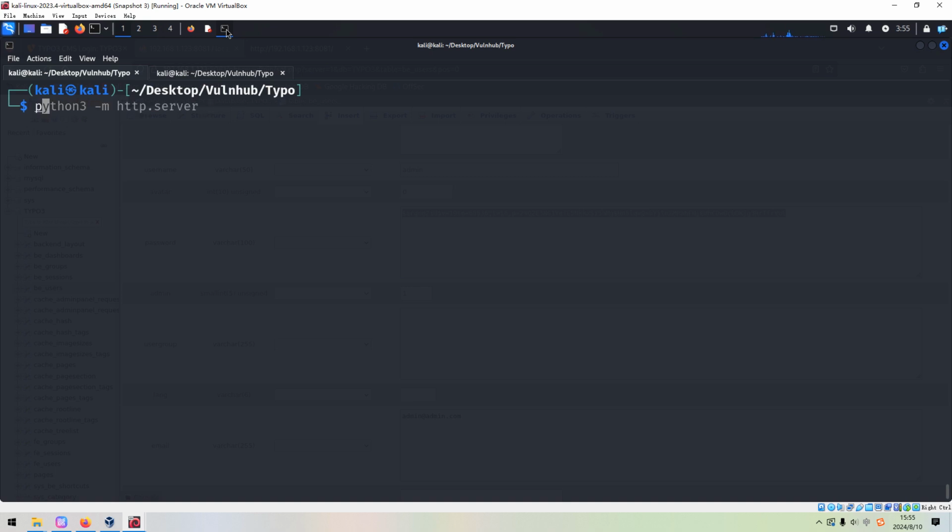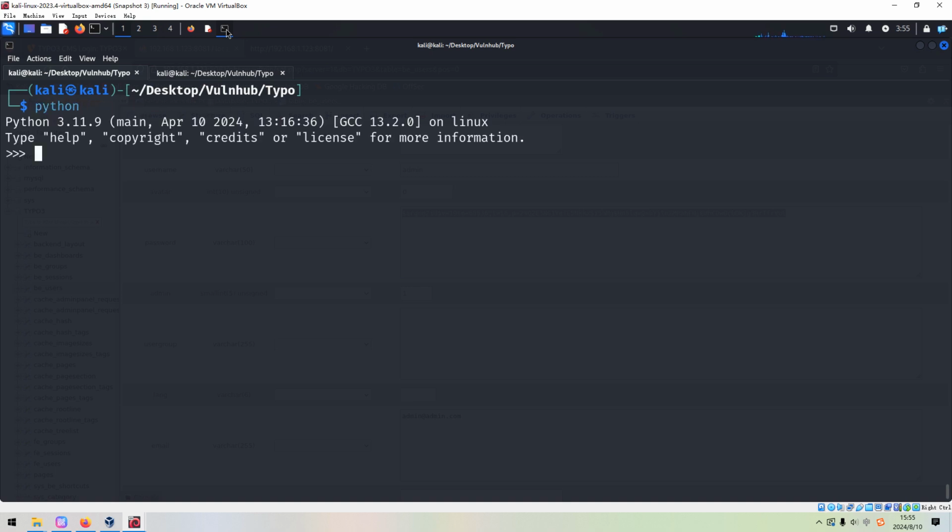After you install, we can launch the interactive interpreter. For example, we can from argon2 import PasswordHasher, okay? And the hasher is PasswordHasher, okay? And the hash value should be hasher.hash, and we can use a very simple password, 123456, okay?